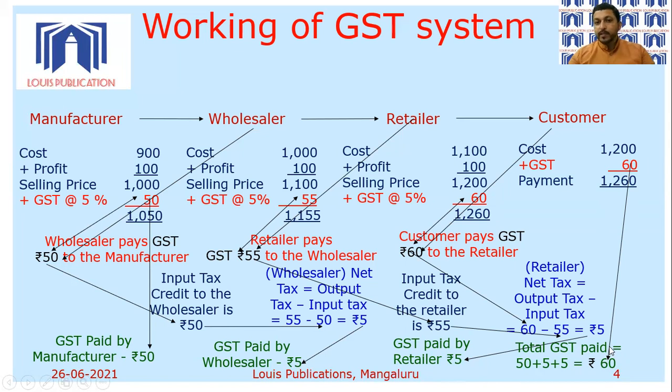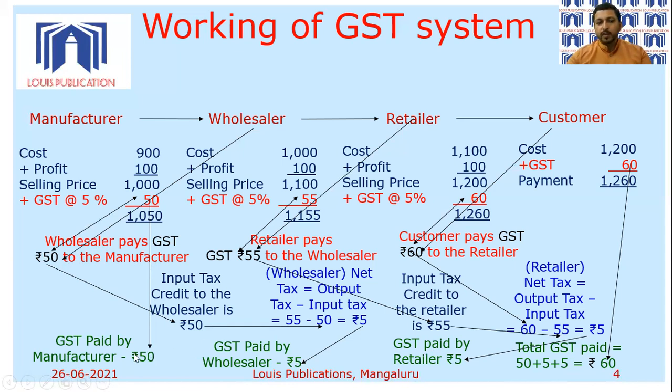So I hope this system of GST, how it works, who has to pay how much, is very, very clear. Very important last statement. No matter who pays input tax, who collects output tax, ultimately, whatever is the GST amount payable on the transaction, the total amount will be paid by the customer. So the customer is the one who is going to bear the GST liability, whereas these intermediate parties will only pay their share on the basis of the net tax.